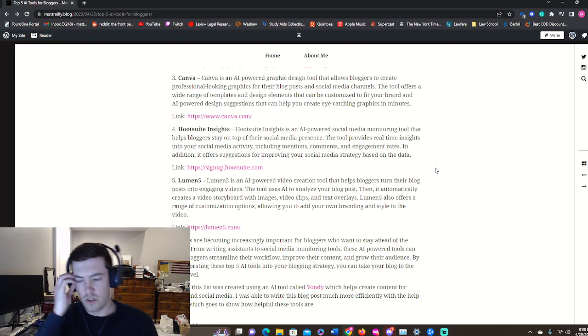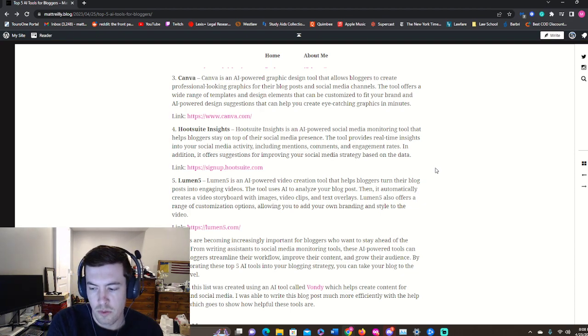The fourth one on my list here is Hootsuite's Insights. Again, it provides insights on your performance, but with a focus on social media. Social media is obviously very important if you want to connect with people and reach more people, grow your audience.